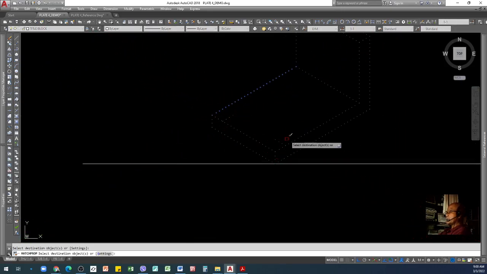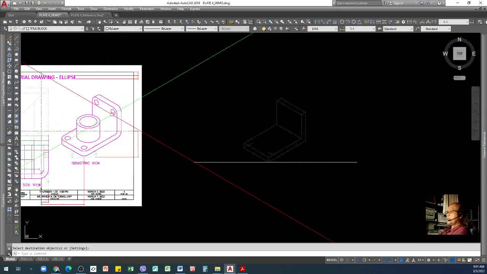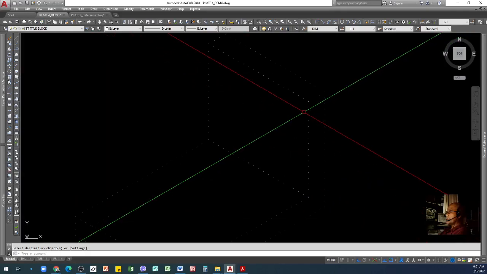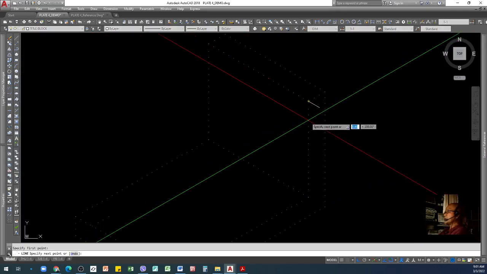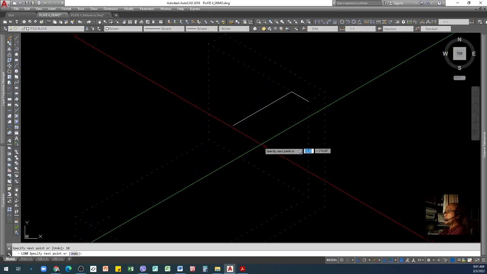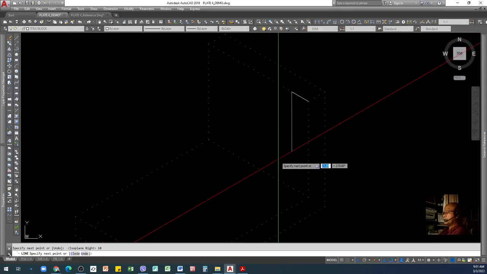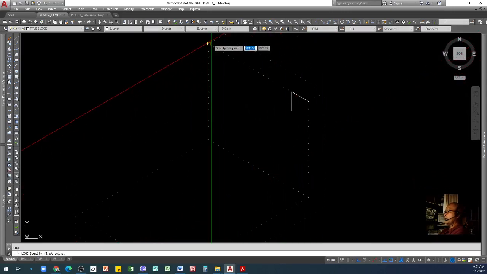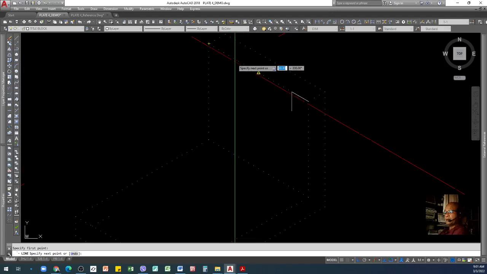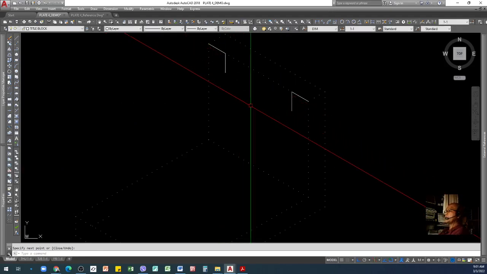So I'll just make this hidden line, and then here we need two centers. So I'll go this direction 10, and then I will go down, Control E, 10, and then another one here 10, and then go down by 10.